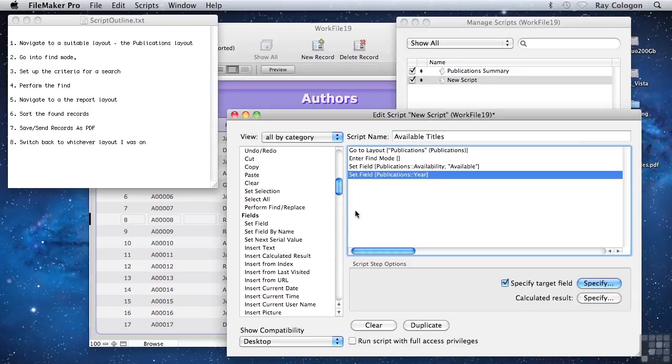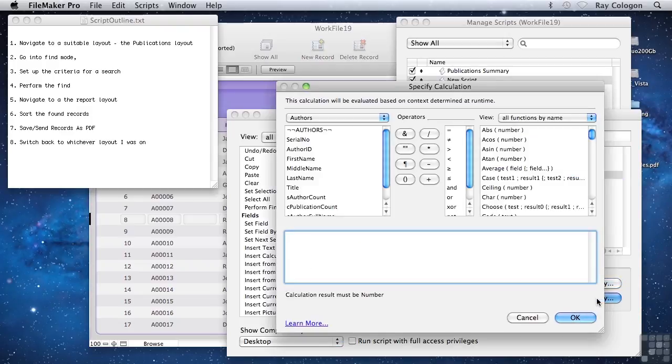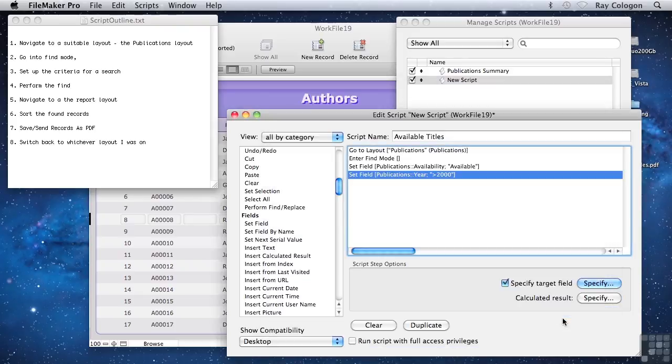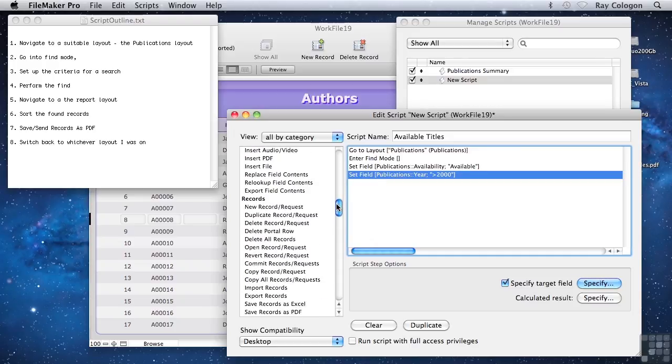So now I'll be setting a value into Publications Year, and the value to set into that field will again be a text literal, a greater than symbol, and the year 2000. So now the script is taking shape. Now we need the find to be performed. So I need an appropriate command,